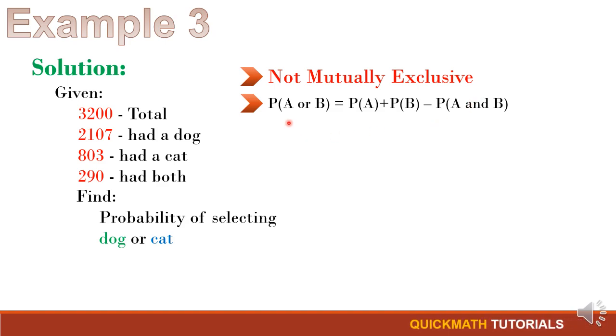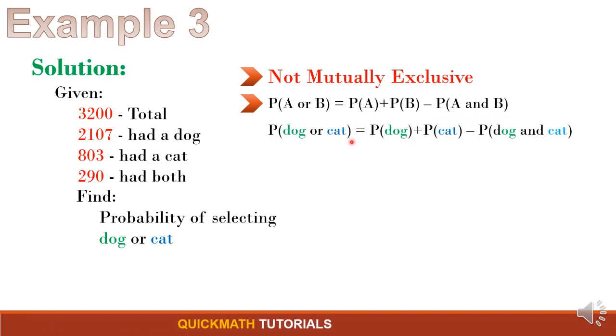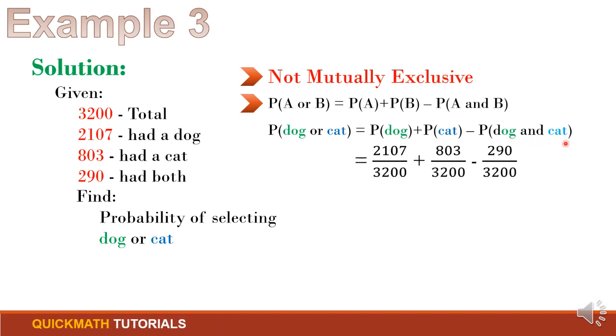So we can use the formula probability of A or B, which is equal to probability of A plus probability of B minus the probability of A and B. Our event A here is getting a dog and our event B here is getting a cat. So we will have the probability of dog plus probability of cat minus the probability of dog and a cat,